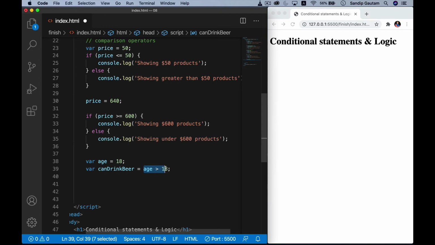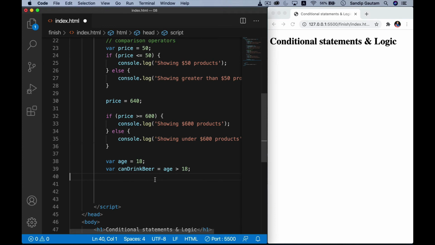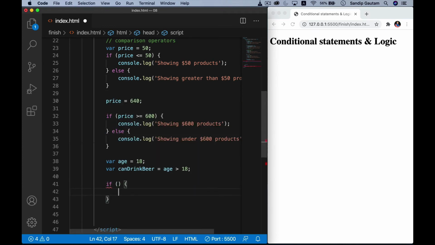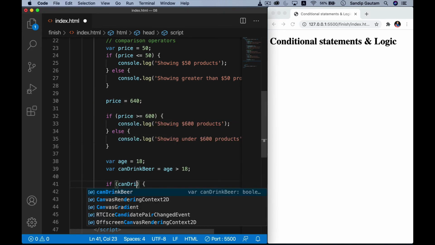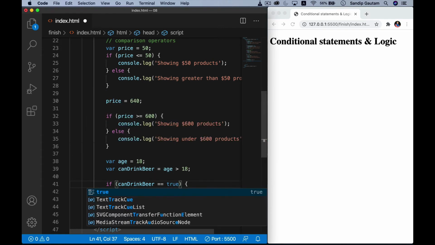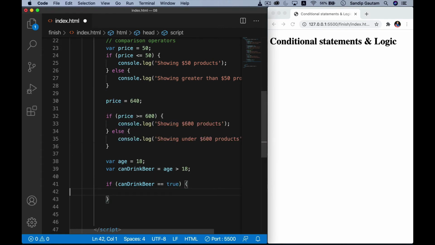So this is going to return me a true value or a false value. So in our case, what's going to happen, age is equal to 18. So 18 is greater than 18? No. So this is going to return me false. So on the next line, I'm going to check this. If canDrinkBeer is equal to true, I am going to console log